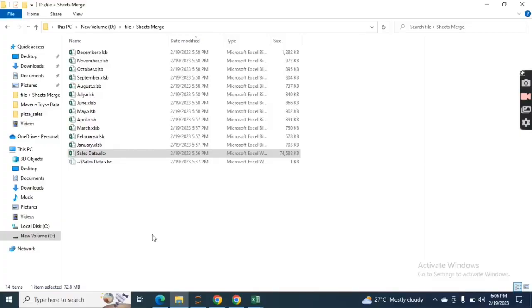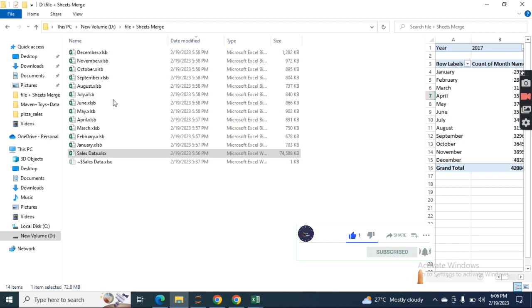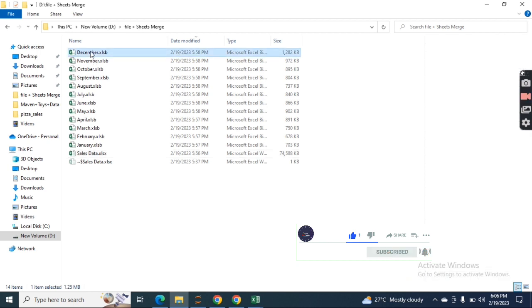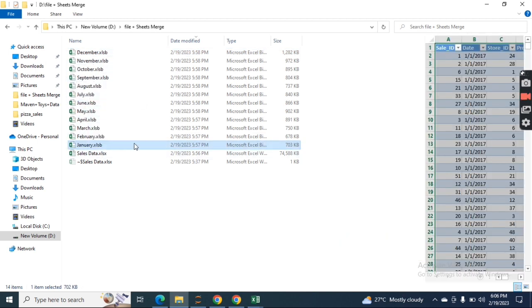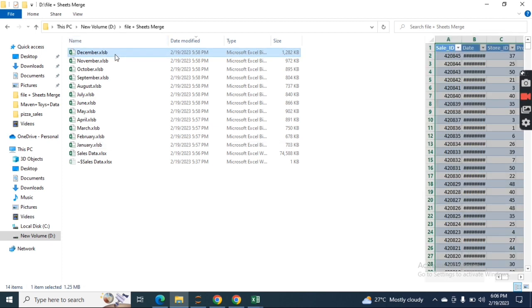I'll explain how you can easily append, consolidate, or compile the raw files and convert them into a single file. For example, you have the same data, but it is distributed month-wise. For instance, you have 12 files, one for each month. Here I have January to December, and I want this data consolidated into a single file